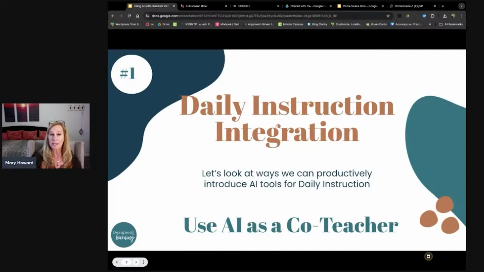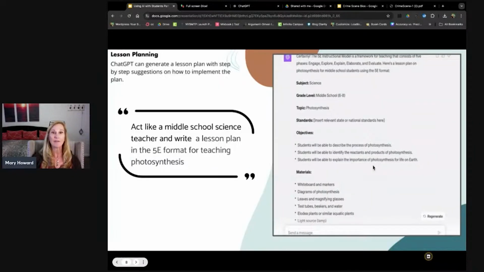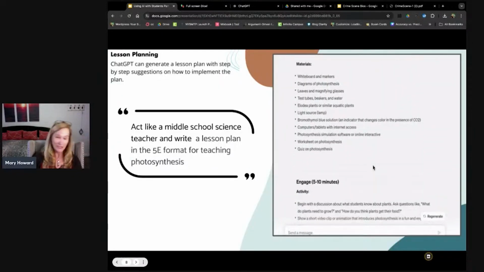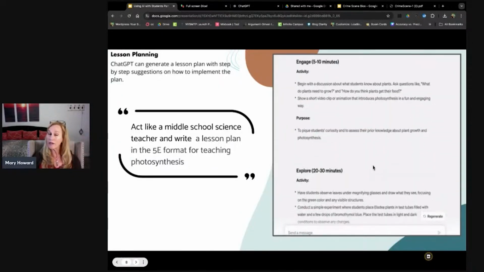The first category is talking about daily instruction integration, ways that we can productively introduce AI tools for daily instruction. We can kind of subtitle this as using AI as a co-teacher. How can it support us in our classrooms? And here I'm going to be giving you just this large list of things you might already know, but maybe